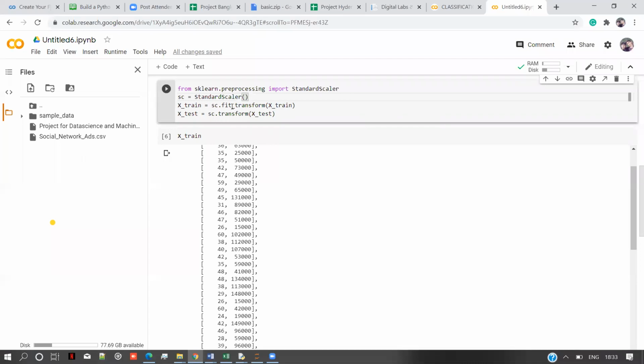What is the difference between fit_transform and transform? fit_transform is nothing but we'll transform the X train values and fit it. And fit means, as I said, we'll train it. Transform simply converts the values from -1 to 1.